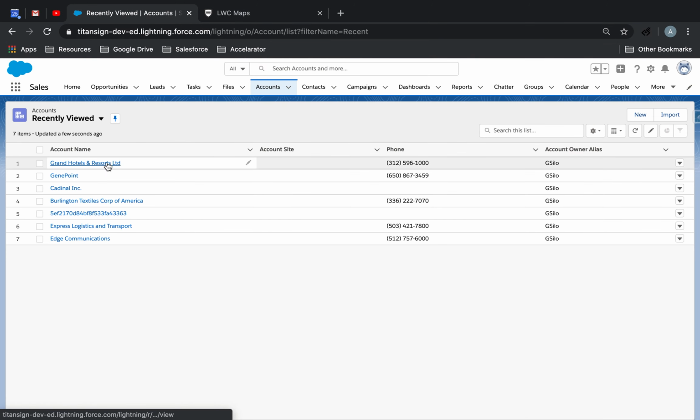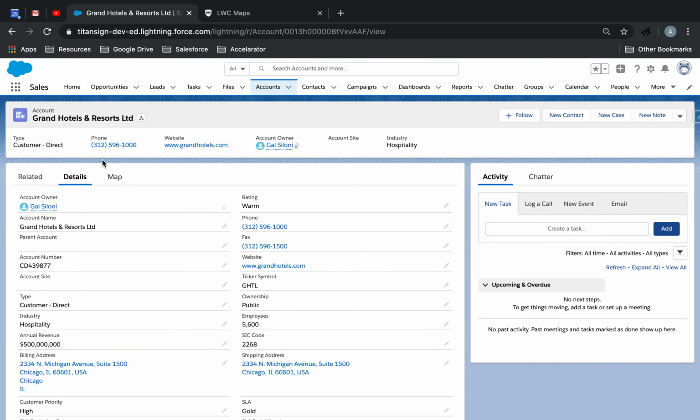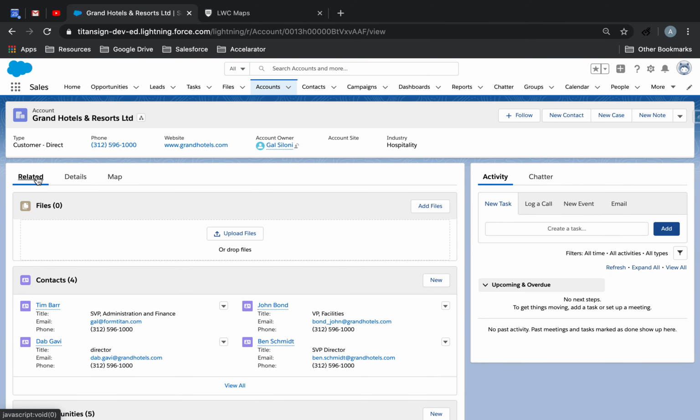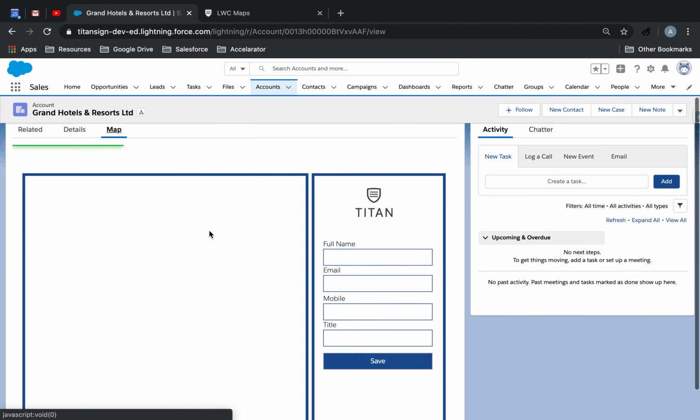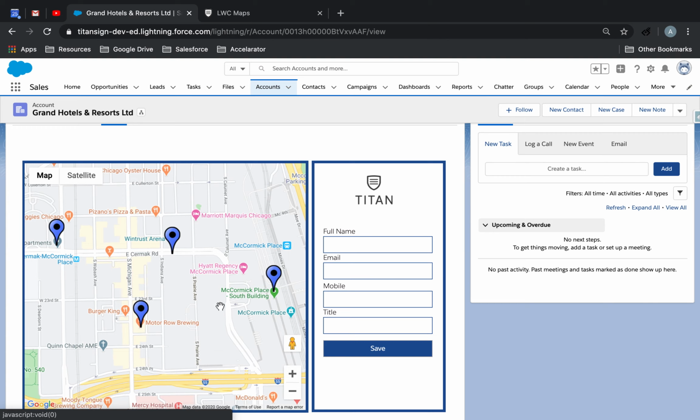So under accounts, I've got this account here, Grand Hotels Resort, and it has 4 contacts. And in this map, I can view all those contacts directly in the map. What else can you do? Well, I can click on any one of them like this, which will bring the data back here, and I can modify that data. I can say VP Director,